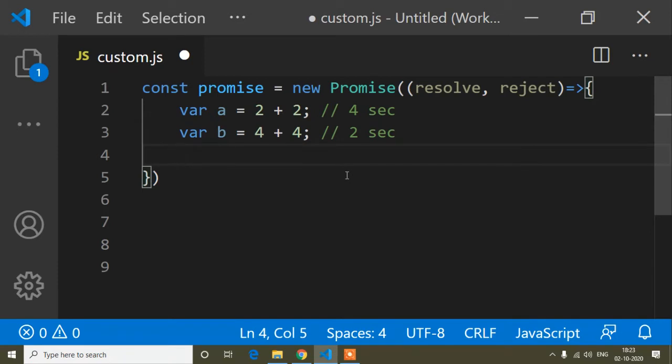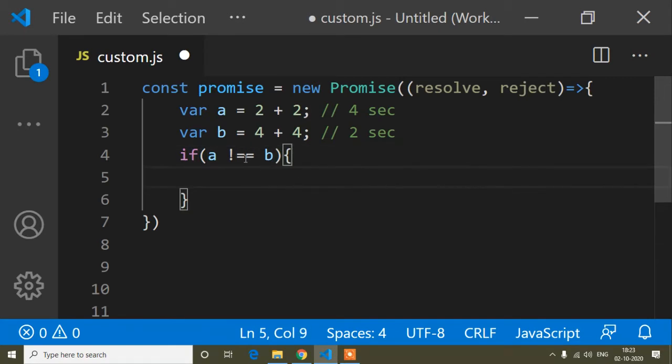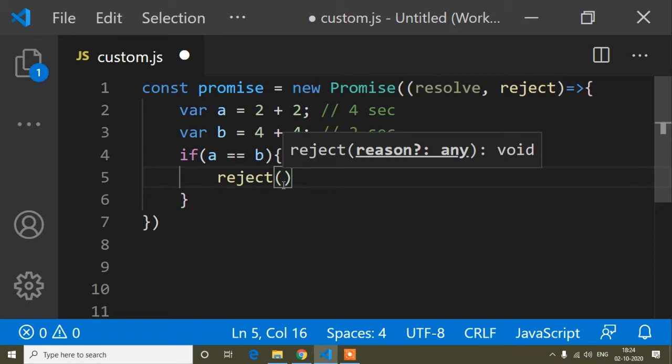Suppose I write if a double equals b, and here I will write a reject, because I am writing a static thing to understand the promise.